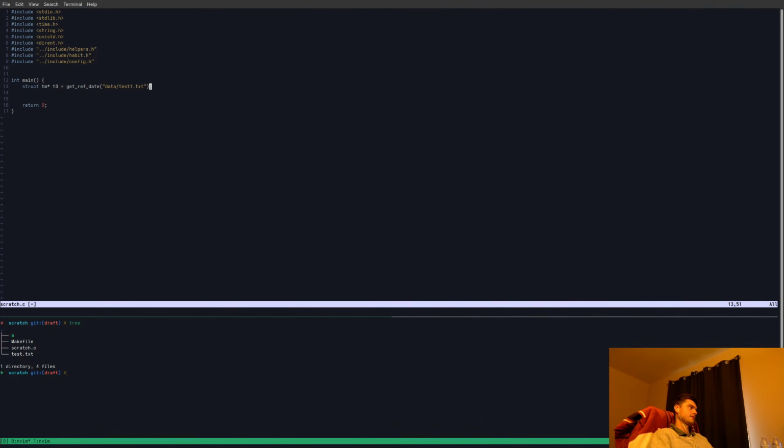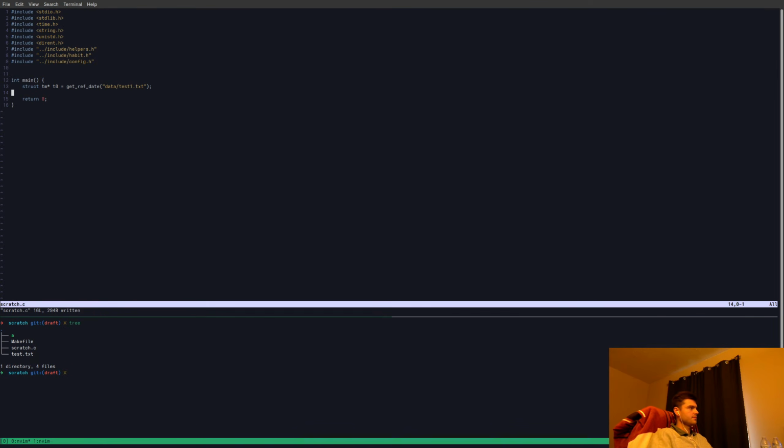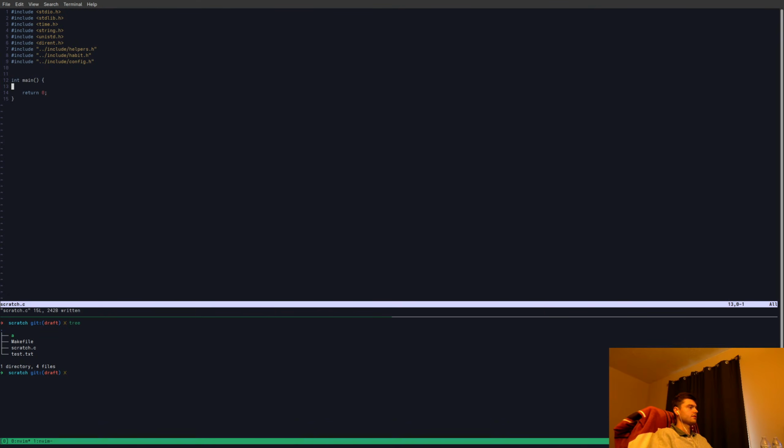I think so. And okay, so then there. Wait. Oh, so this, I don't need that. I'm so dumb. I literally wrote this function. Okay, so get current. This should just actually give me like a 1, for example. And current equals get